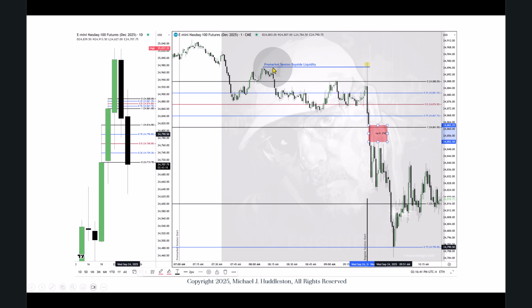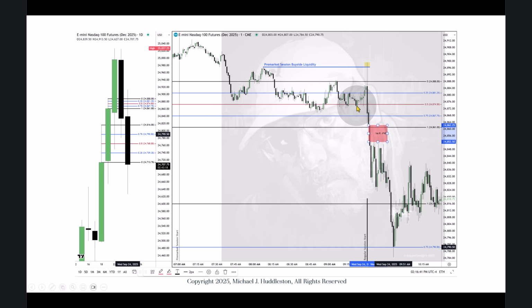So we have the pre-market session buy-side liquidity pool. So here's the opening at 9:30 Eastern time. At that moment, there's a minor buy side. Here's a more prominent buy-side liquidity pool, and it's not likely to go up to this one here because we've already created that high in the pre-market session, 7 o'clock in the morning. So it's already done enough of a run up there, and it's been rejected. Keeps going lower. So this was the buy side liquidity pool.